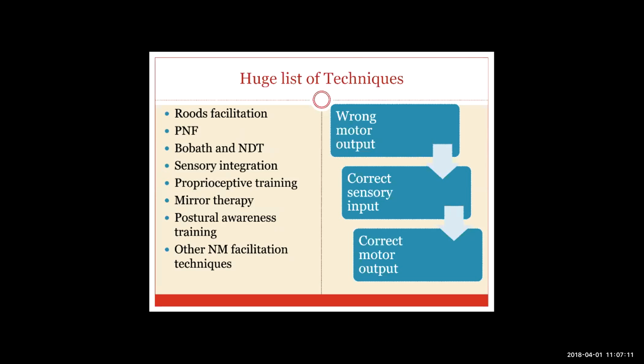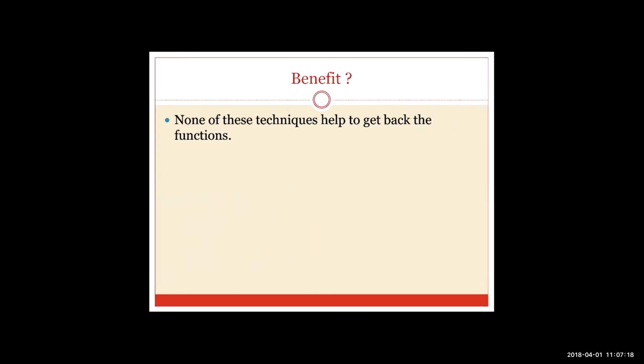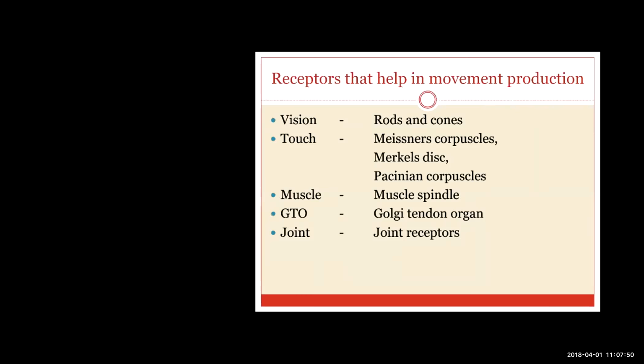Unfortunately, when people looked into whether these techniques were helping in improving function or not, and I'm underlining the word function, basically we are not looking into whether these receptor stimulations produced a nerve impulse or not. We're asking about the function. Unfortunately, none of these techniques have been proven today to actually help in improving function. So we should understand that there could be some problem in the way we approach the sensory receptors to try to improve function.